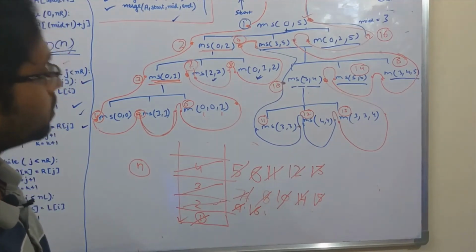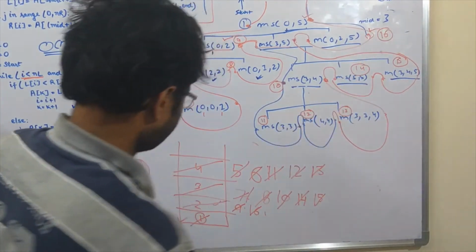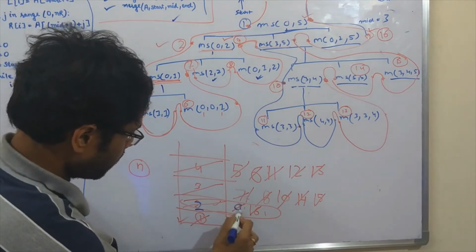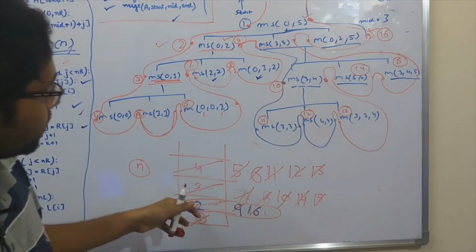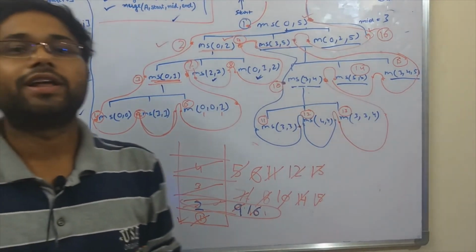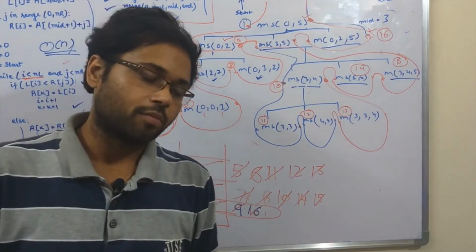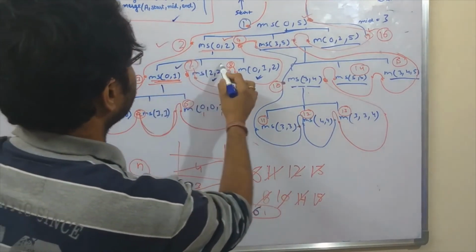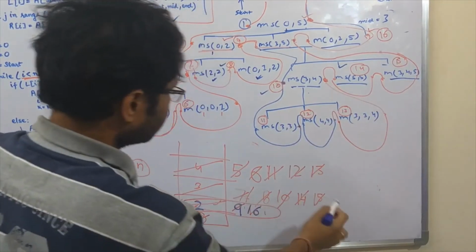As you can see, all the elements which are at the same level, like 2, 9 or 16, are all at the same level, so they are occupying the same position in the stack. We are not simultaneously using the memory, we are just using it and again reusing the same memory by some other function call. As you can see, 3, 7, 8, 10, 14, 15, all these are also of the same level.